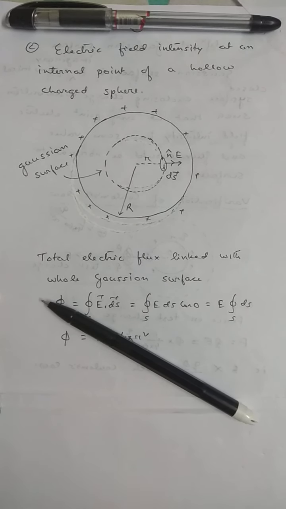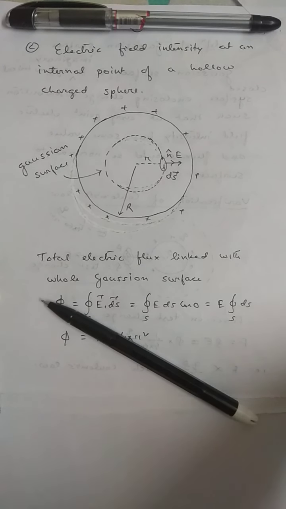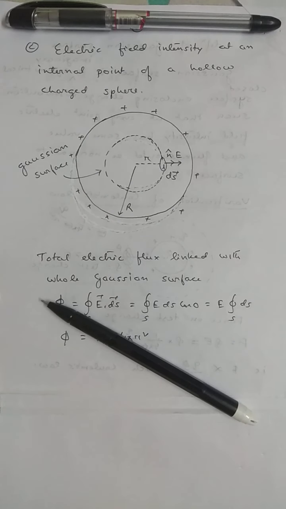In the first case today, we applied Gauss's law to find the electric field intensity at an external point. Then we verified Coulomb's law. Now our aim is to find out